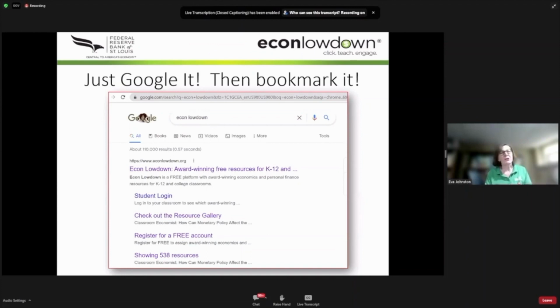The reason I took a snap of what you find in Google is because it highlights for you how easy it is to find, and that there are resources there that will go from K-12. And you can see that the student login is available. And I will soon show you that you can check out the resource gallery without even being logged in. And yes, the account is free. So in doing so,